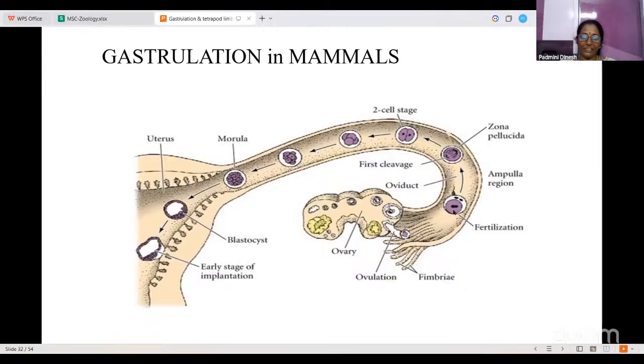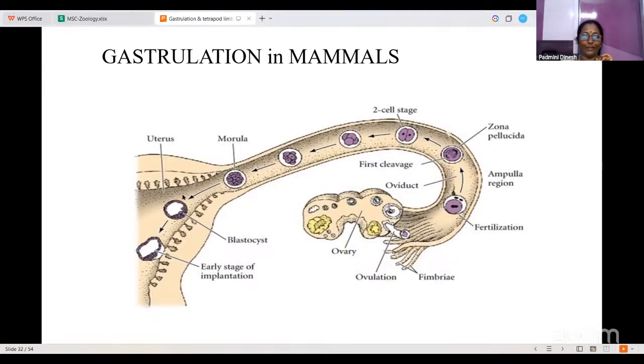And once fertilization occurs, the zygote that is formed is going to start the first cleavage. The cleavage divides the cell into two cells, from two to four, four to eight, and so forth, forming a morula stage. The morula stage goes on to become the blastula stage, that is the blastocyst. And when this blastocyst has to go to the gastrulation stage, what happens is,